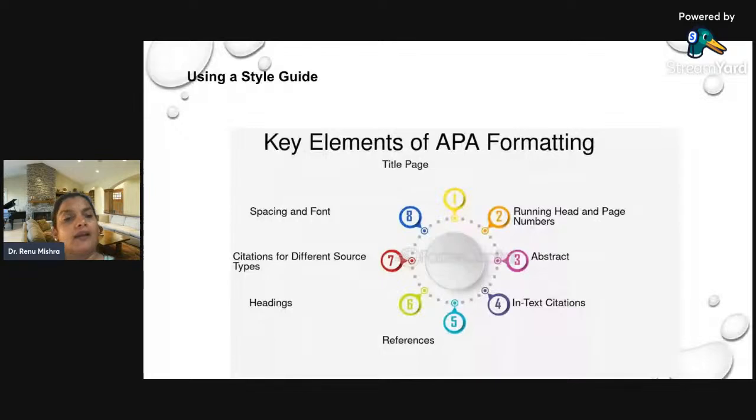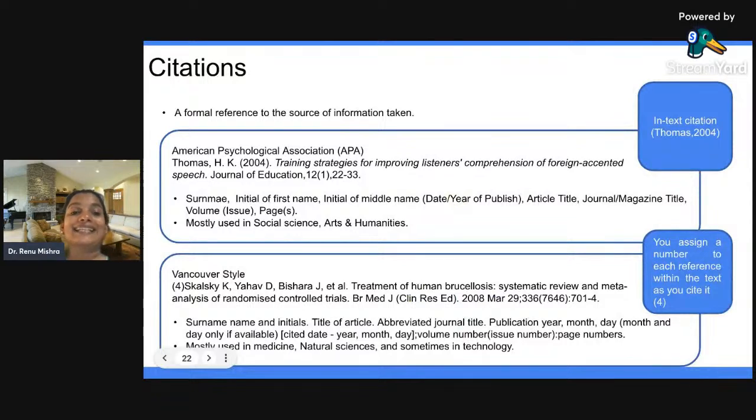Be it a conference or a journal you are submitting to, they always give you submission guidelines for authors. When you go there and submit your work, you will find the submission guidelines. These guidelines are primarily for you to follow as an author. Now I have given you some citations and how to do those citations.